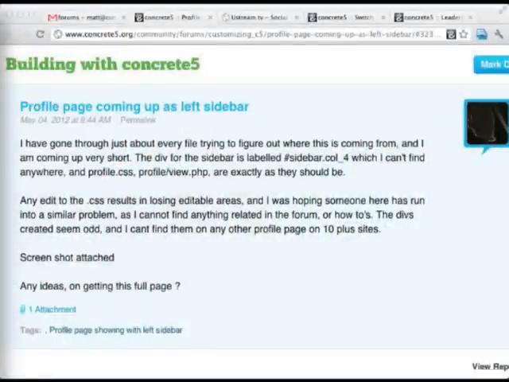And if it does, which it should, then you can be certain that editing view.php in the theme will edit the outer template for the profile. Beyond that, I would go into view.php and delete the left sidebar. It sounds like that's what the original poster wants to do. They want the profile to be a full page, although that might lose the left nav. If I delete the left sidebar from view.php in the theme, that should affect the entire profile section. Right on. There you go. So check that out. Fun for me.